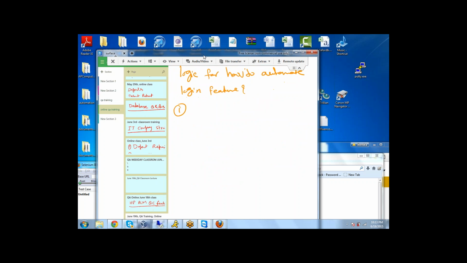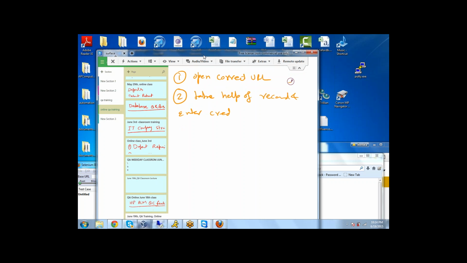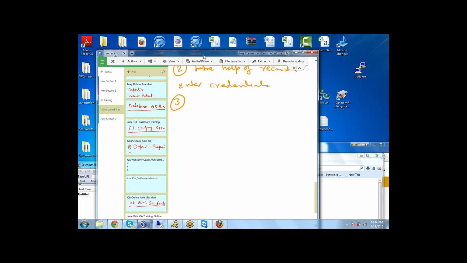And it's same, open correct URL. Second, take help of record and enter credentials. Third, hit sign on. And fourth,